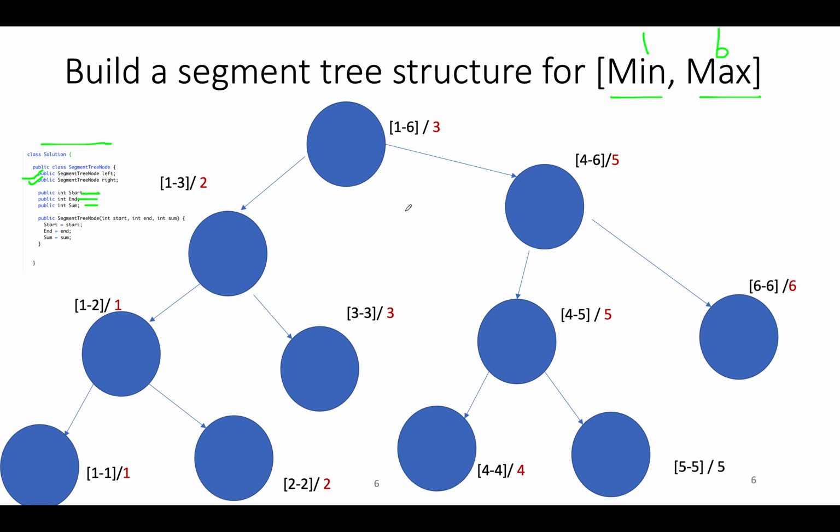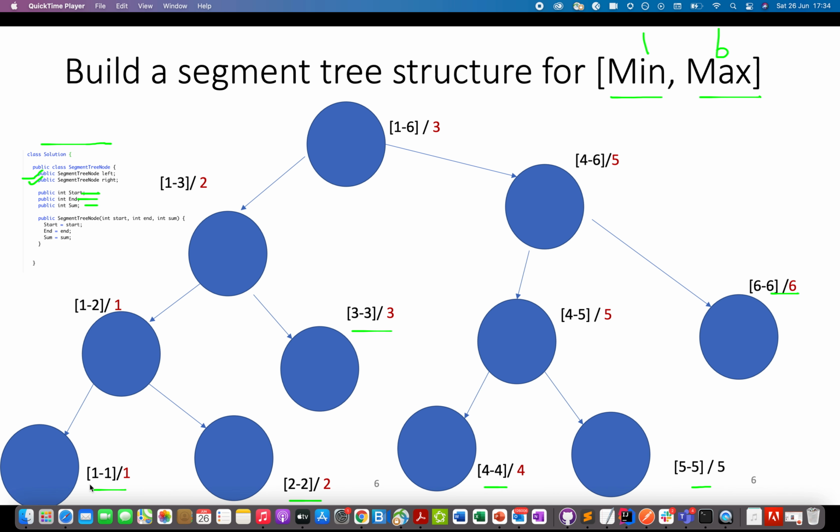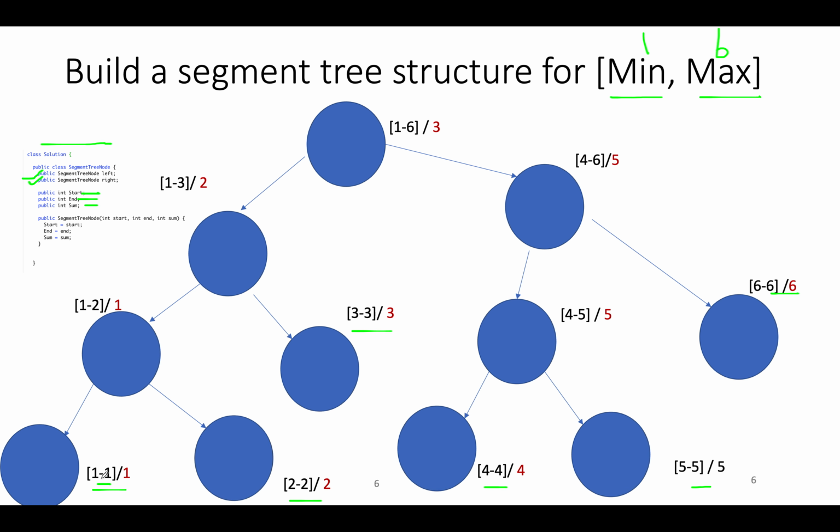So let me just iterate through the nodes that I have built. The first one being 1, 1 that covers the range of 1, 1, and I have also mentioned the middle point of this range. So 1 plus 1 by 2 is 1 itself. It will help us in the algorithmic part. Just think that this is the midpoint of this range. 2, 2, starting index of this node is 2, ending index of this node is 2. 3, 3, starting index is 3, ending index is 3. 4, 4, starting index is 4, ending index is 4. 5, 5, starting index is 5, ending index is 5.